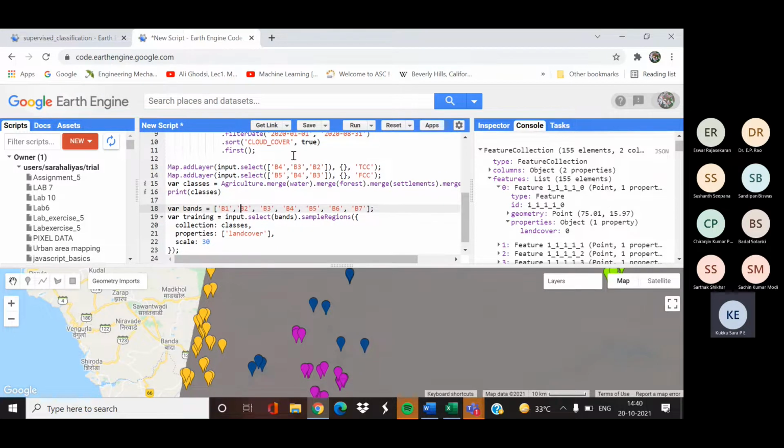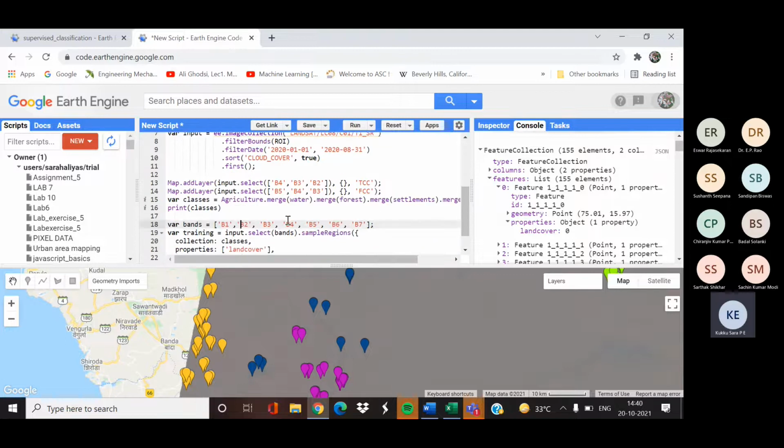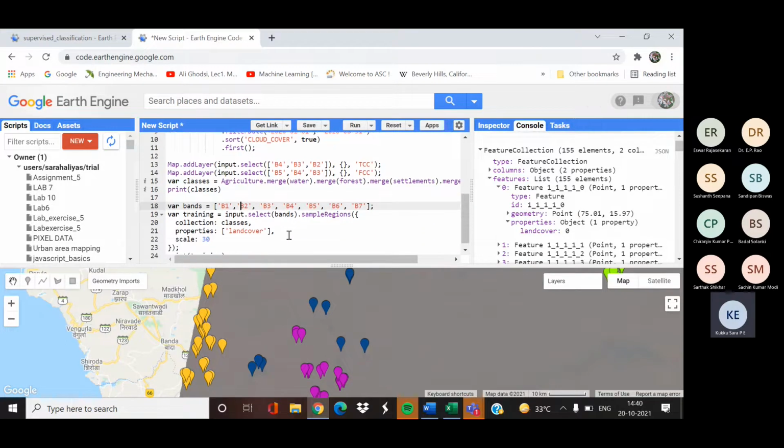So bands we have selected. So create a variable called training. So input is our input data, Landsat data, dot select the bands. So from Landsat data we are selecting the bands 1 to 7, and we use the sample regions function to overlay these training points onto our image.